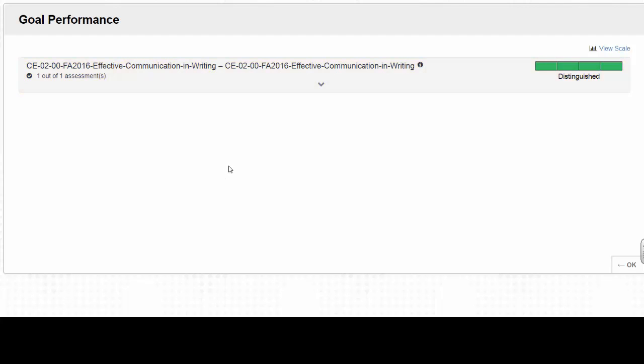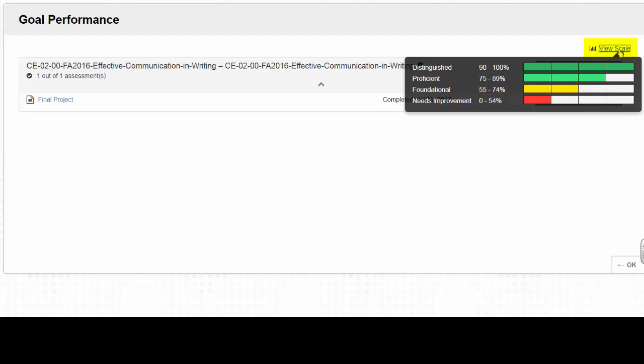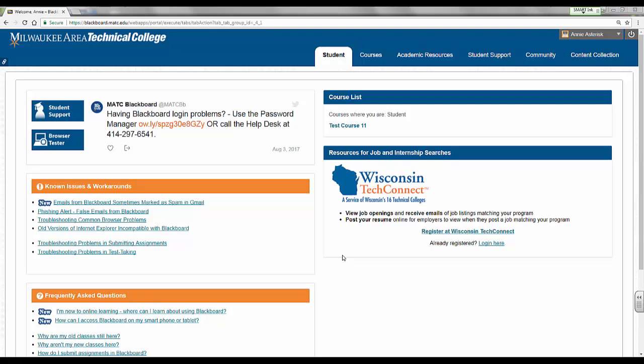To learn more about the goal, the student clicks on the goal, and they will see a drop-down menu that lists the aligned assignment, along with a bar graph that displays their grade and also a ranking of how well they did. In this example, the student earned a 90% on the final project and scored with a distinguished ranking. The rankings come from the View Scale area and correspond to the grades that you assign students in the Full Grade Center. When the course is no longer available to students, students may view their personal goal performance information through